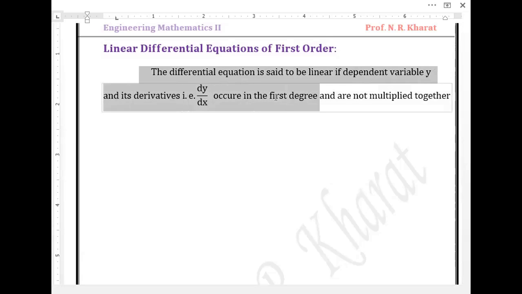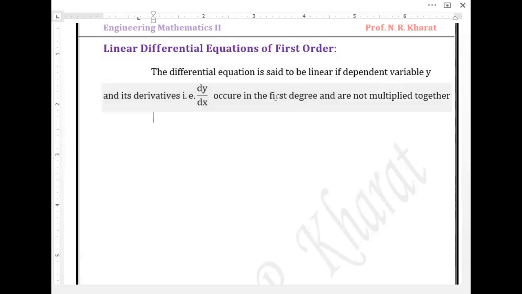It means the degree of the variable y as well as the degree of dy by dx is 1, and they are not multiplied together. It means the product of y and dy by dx should not be present in the differential equation. For example, the differential equation x dy by dx plus 2y